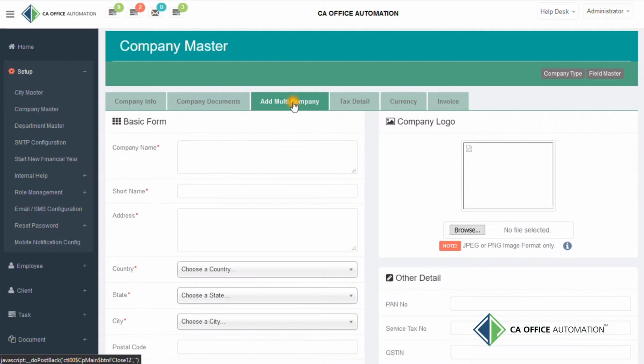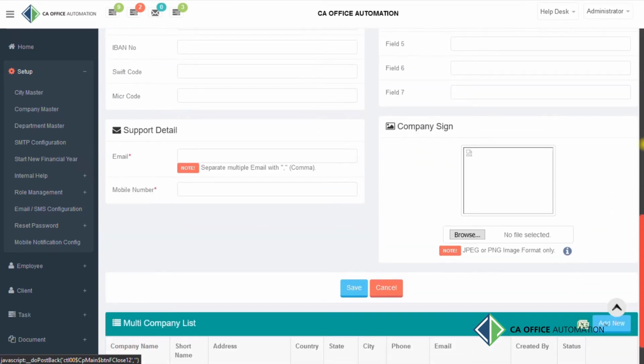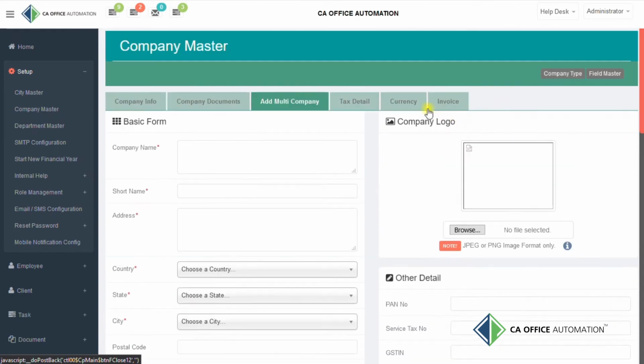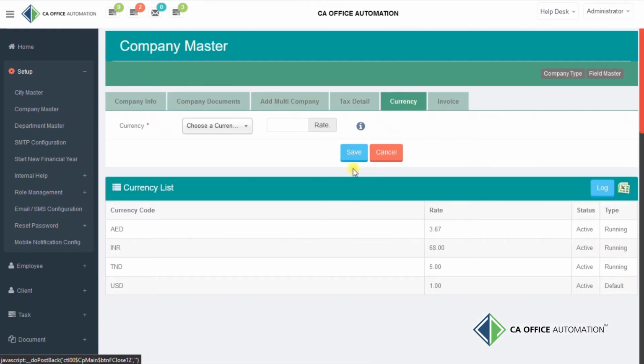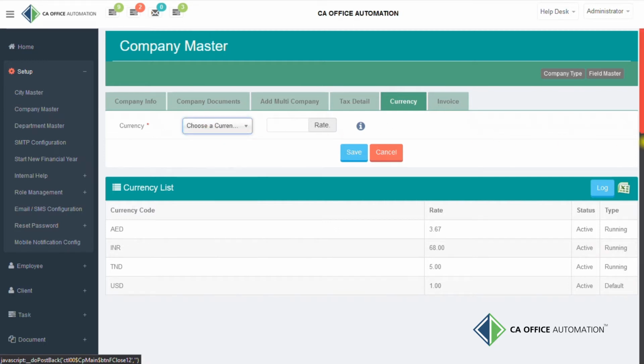In Multi-Company tab, you can add many companies that only reflect in accounting module, that is, invoice, receipt, advance, etc. In Currency tab, you can define primary currency and enable other currency and define its rate with primary currency. And you can change currency rate anytime from here. Old rate transactions or related action will be saved in system with rate. New updated rate will be only effective from the next action, and it will not change earlier rates.